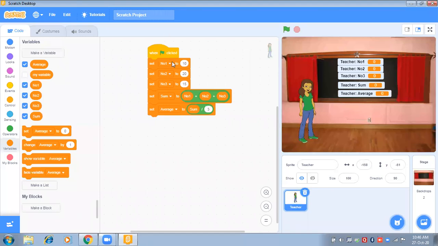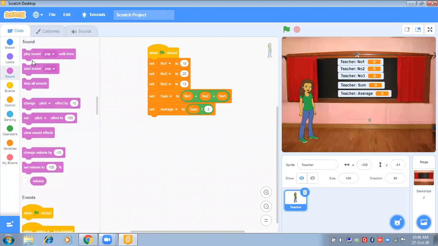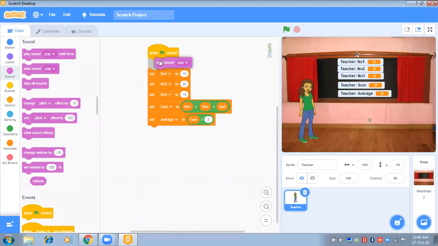And I also wanted to add a sound which should repeat all the sentences. So I'll go to the sound block and I'll choose this option, start sound. And here I'll do the recording. So I'll go to the record button.